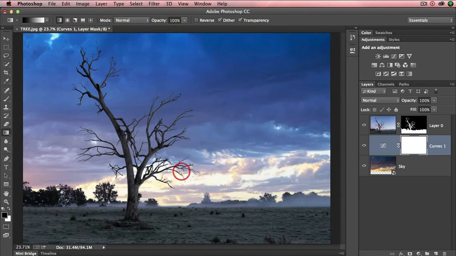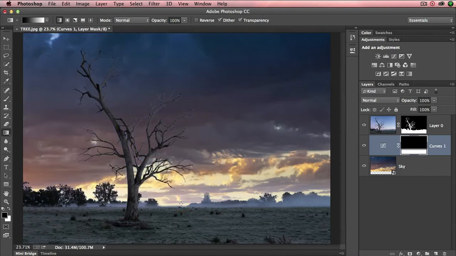We're going to work a fairly short gradient from just above the horizon line and click and drag down towards that horizon line. Hold down the shift key to constrain this to a perfect vertical, and there we've managed to restore the rich sky colors in the top of the image, but we have that faded luminance values towards that